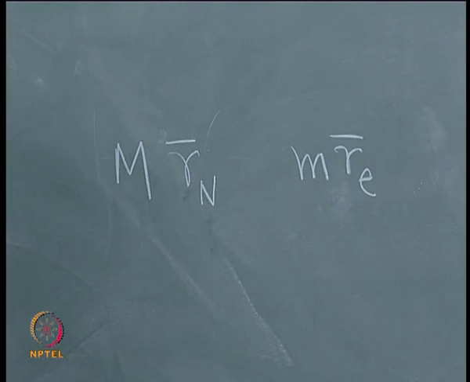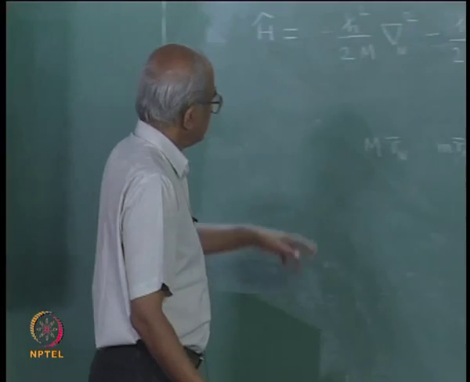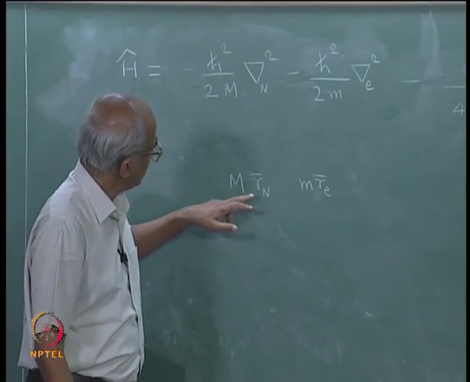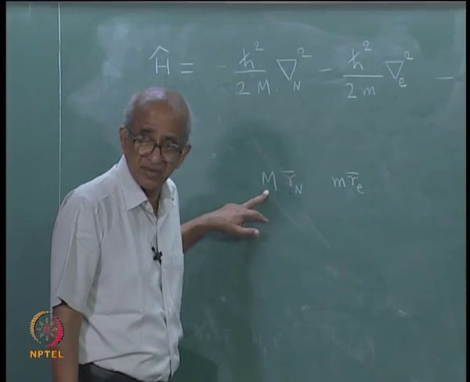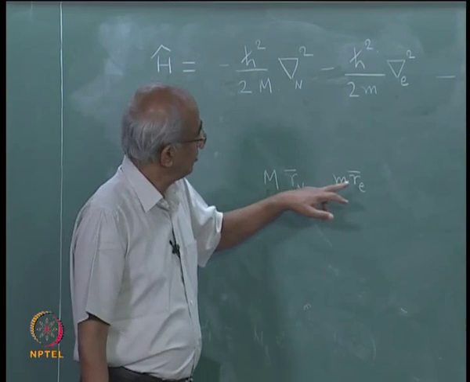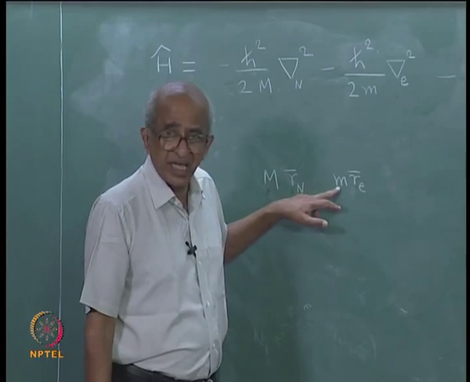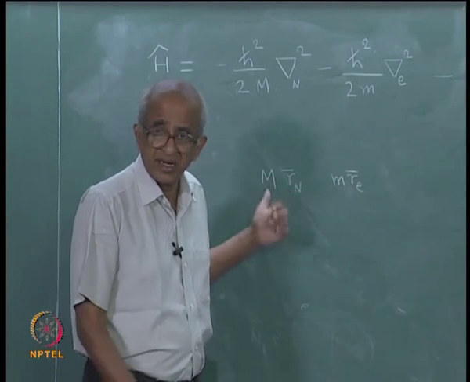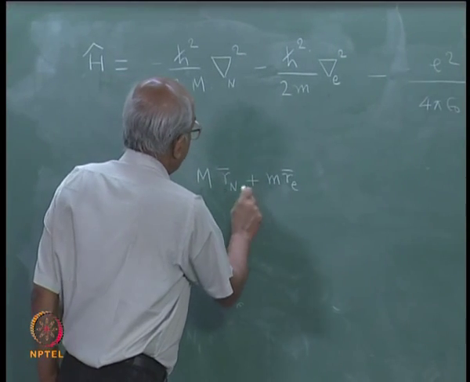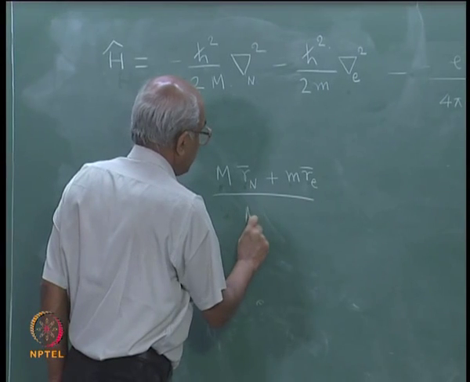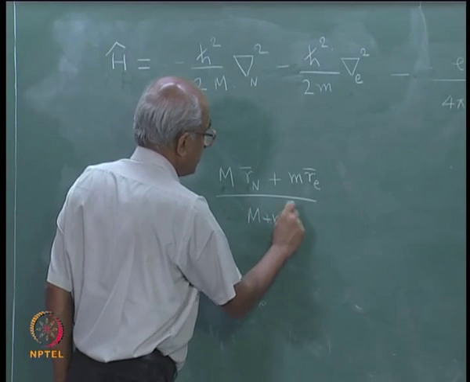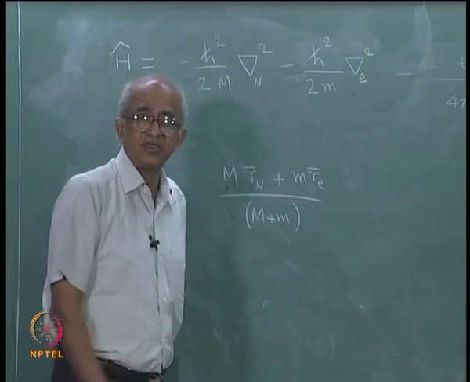So, where will be the center of mass of the system? The way you would define center of mass is you would multiply Rn by the mass of that particle, which is capital M, multiply Re by the mass of that particle, which is small m, then add the two together and divide by the total mass of the system. This is the center of mass of the system,